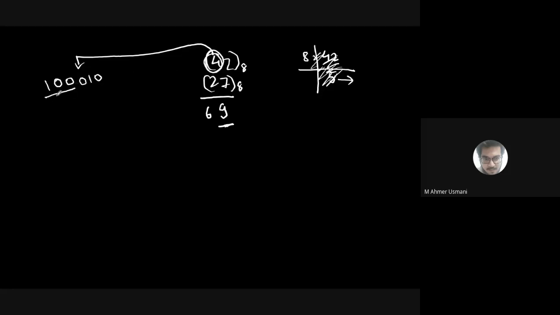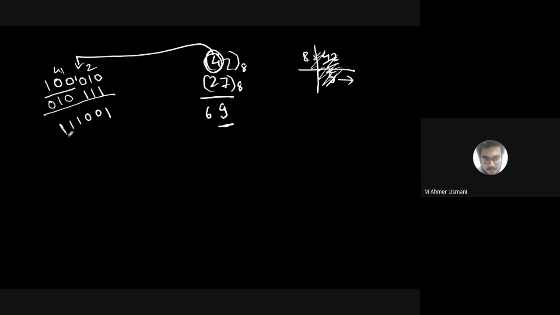is this how I write 1 0 0, yes sir. And 2 can be written down as 0 1 0, so this is nothing but 4, this is nothing but 2. 27 को मैं कैसे लिखूंगा, how to write 27, it is 0 1 0, 7 can be written down as 1 1 1. I try to add it, what will I get, 0 + 1 is what, binary हो गया, it is 1, 1 + 1 is nothing but 0, carry 1, 0 1 + 1 is nothing but again 0, carry 1,